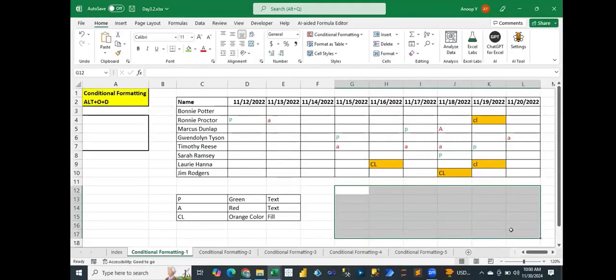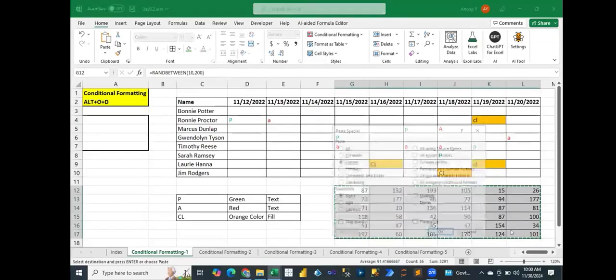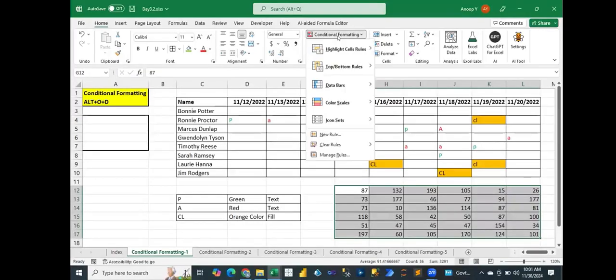For example, conditional formatting, the other way I'm telling you. For example, I have numbers in this range between 10 to 200. Now, I want to highlight those numbers which are less than 100. So I can select this grid, conditional formatting,